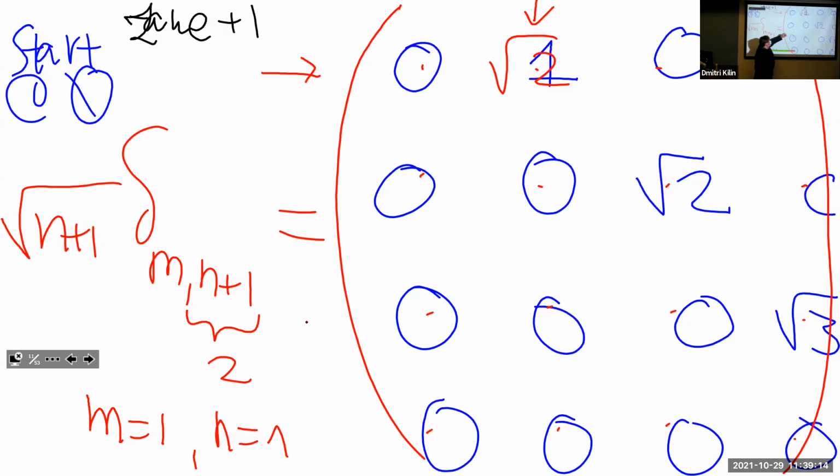This element would correspond to, when this row of this matrix acts on a column that has